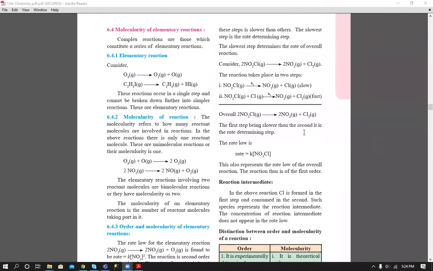So the new topic is molecularity. Molecularity is also a simple topic. If this is a reaction given, it is a single step and cannot be broken into multiple steps. Before molecularity, there are elementary reactions and complex reactions. An elementary reaction is a reaction which cannot be broken into further steps, or if the reaction is single step, then it is called an elementary reaction. And what is a complex reaction? If we combine two elementary reactions, then the reaction becomes complex.